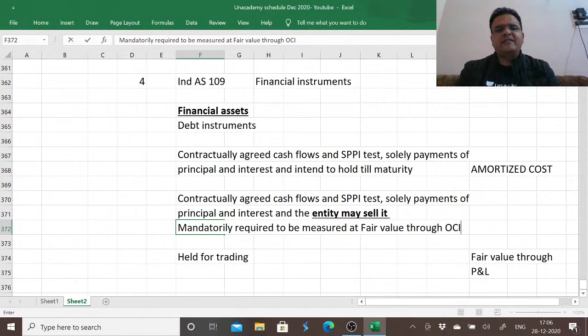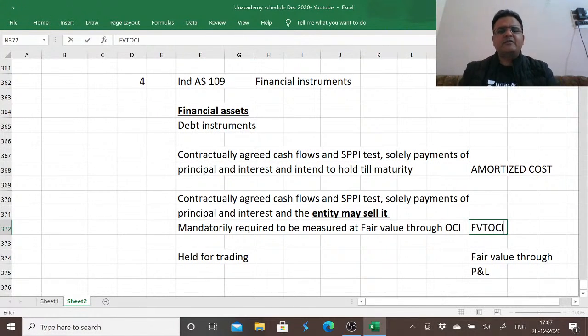We cannot outrightly say that this is a realized gain or loss. If we could have outrightly said so, we could have taken it to P&L. But we are not very sure about it. We are not very confident of recognizing it at amortized cost. We are not very certain to route it through P&L. So we use the medium available for unrealized gains and losses, that is fair value through OCI. So Ind AS 109 also mandates that we have to mandatorily recognize it at fair value through OCI. We have no choice.